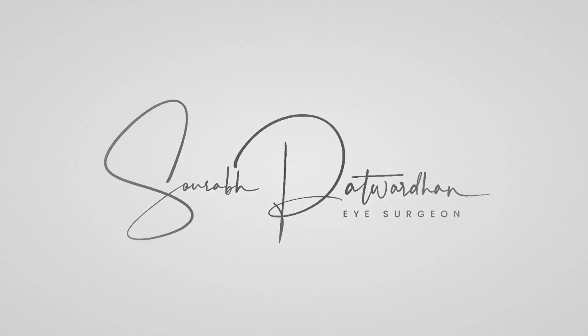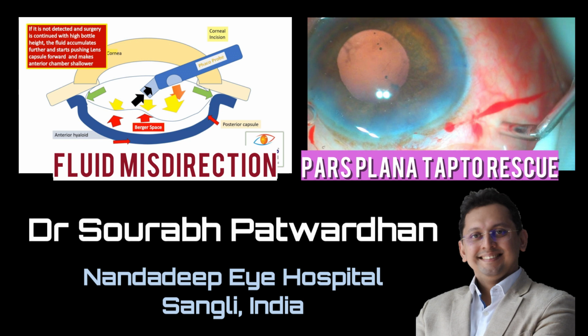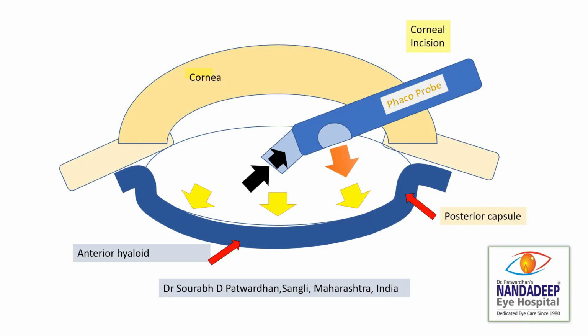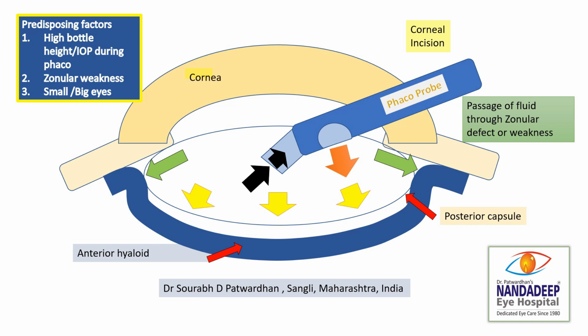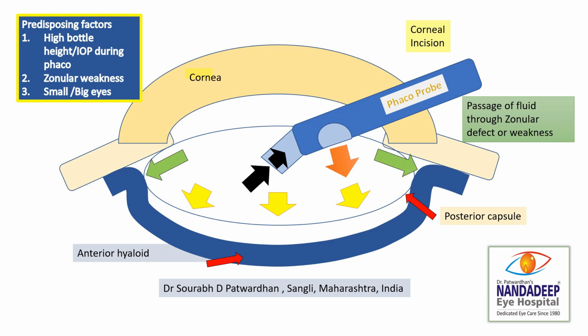In this video, I'll be showing a case of fluid misdirection and how it can be rescued. So just a glimpse about the previous video which I had posted about fluid misdirection, which may happen intraoperatively because of high bottle height or IOP, zonular weakness. It happens commonly in small or big eyes. It happens because the fluid passes through zonular defect or weakness